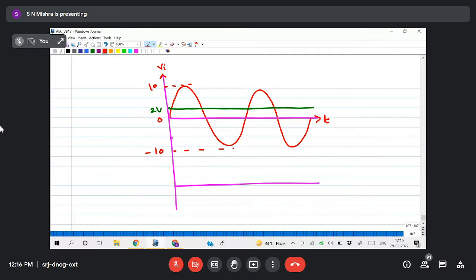So if I want to plot that one, green one I'll take. Above 2, this portion will be 0. That means actually these things are cutting. Now this will be 0, and the maximum point you see here,